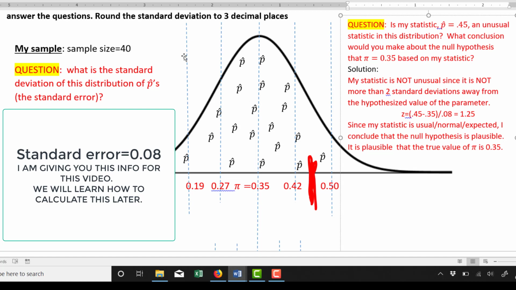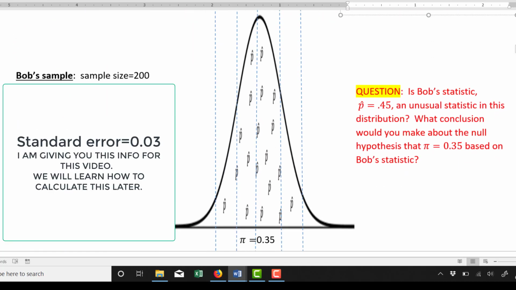Okay, so I had a sample size of 40. My statistic, 0.45, was about here, 1.25 standard deviations above the mean of the null. And so we'd say the null hypothesis is plausible. Now remember, my friend Bob also did a sample, but Bob did a bigger sample. Bob's sample size was 200. This is Bob's null distribution. Notice it's still